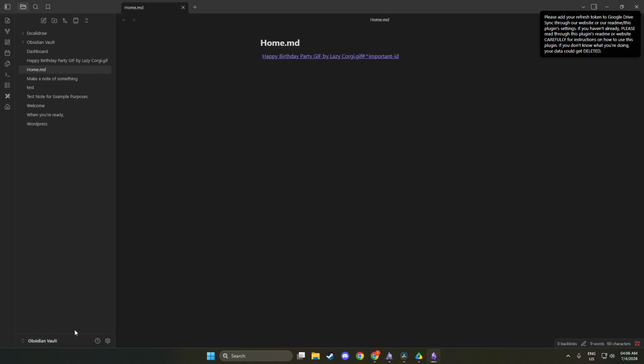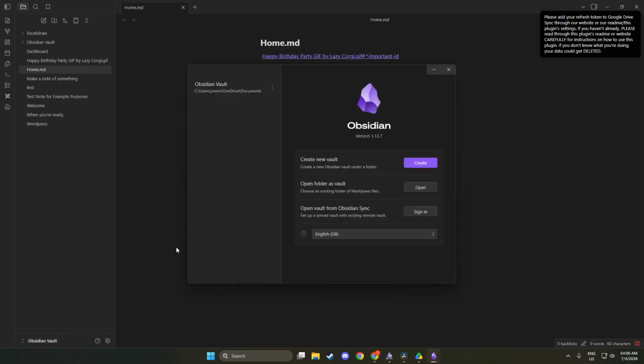Next, click the Vault icon once more and go back to Manage Vaults. This step is significant because you need to direct Obsidian to the new location of your vault. When you access this section again, it should feel familiar after your earlier steps. This is your chance to ensure everything is set up correctly before you open your vault again.